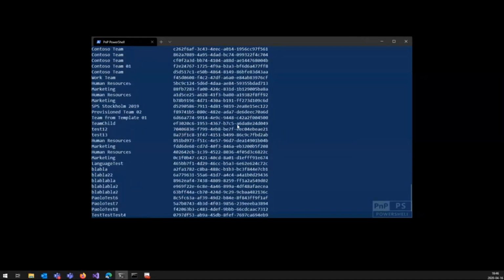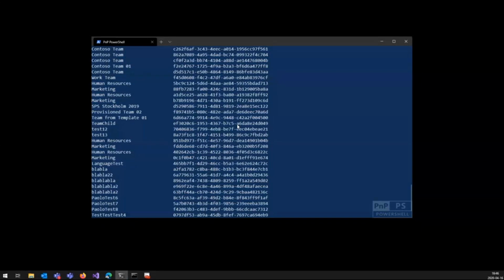So a single way of authenticating both to the Graph and to SharePoint with a client ID and a certificate. Very easy to set up. You can provide your own certificate if you want to. If you don't want to, we generate the certificate for you. As you see, maybe we should have waited a bit longer than 60 seconds. I've been thinking of making that configurable. So you can define yourself like, okay, wait 2 minutes. It's usually a one-time action.